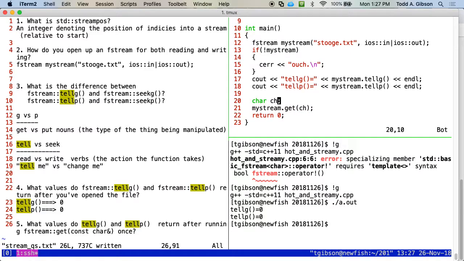That will read a character, and we should get that uppercase L in Larry. And then, as it says in number 5 in the bottom left-hand corner of the screen, after we run get, let's find out what these are.